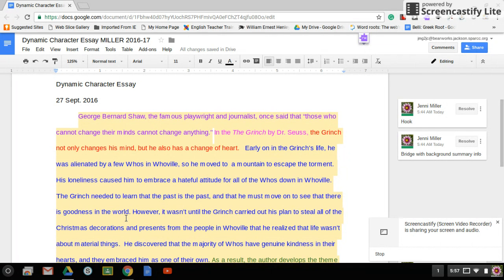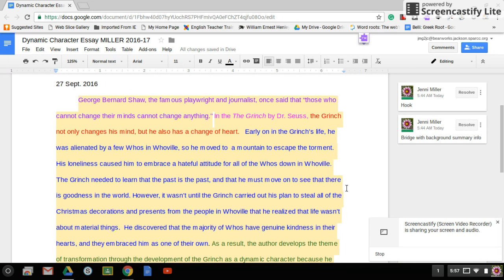However, it wasn't until the Grinch carried out his plan to steal all of the Christmas decorations and presents from the people of Whoville that he realized that life wasn't about material things. He discovered that the majority of Whos have genuine kindness in their hearts, and they have embraced him as one of their own. So notice I kind of start with the conflict, and I go very quickly into